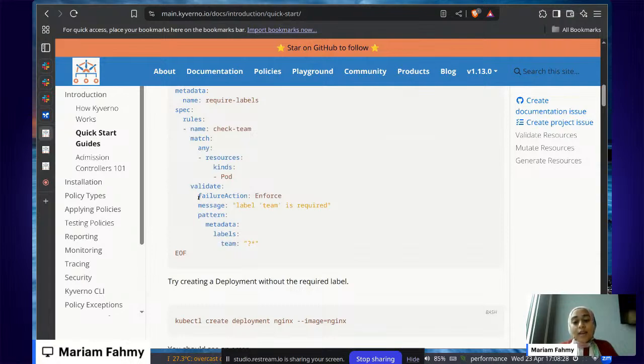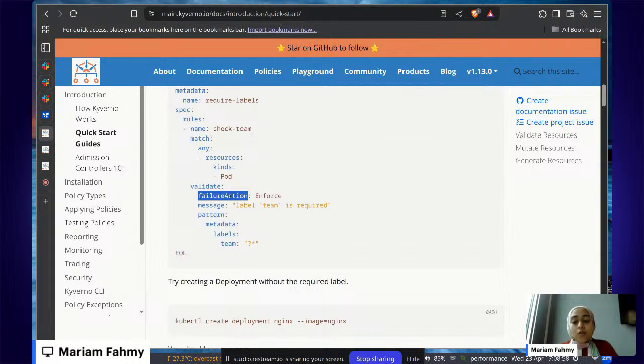Kyverno can either reject the API request because the pod violates the policy, or we can allow the API request, but in that case Kyverno will generate warnings to the user so that they know that the pod violates the policy.